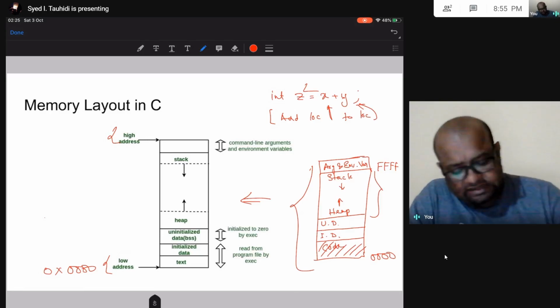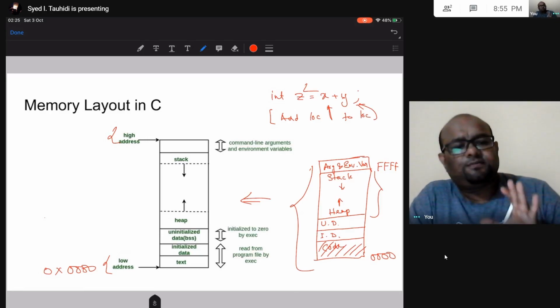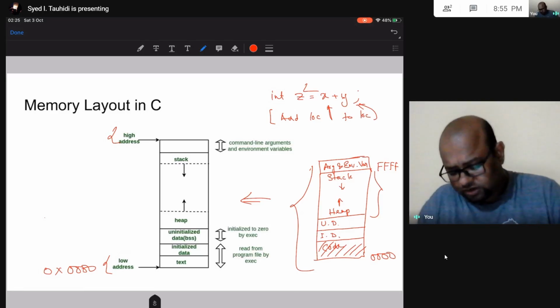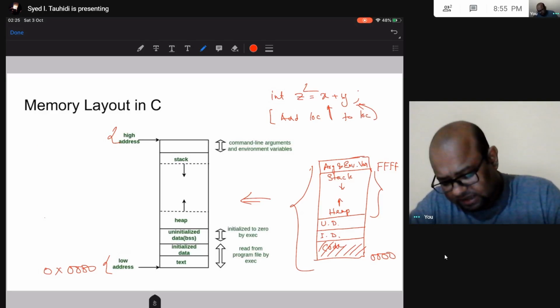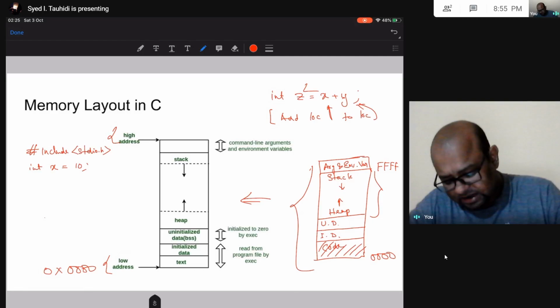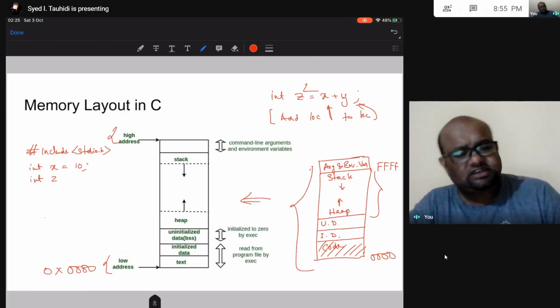What did I say here? That my program is going to, let me write a very simple program. I am going to include stdio.h. Then I am going to declare a global variable int x equal to 10. This is the initialized global variable, and then I write int z, this is uninitialized.